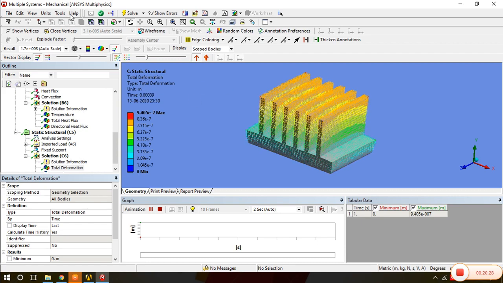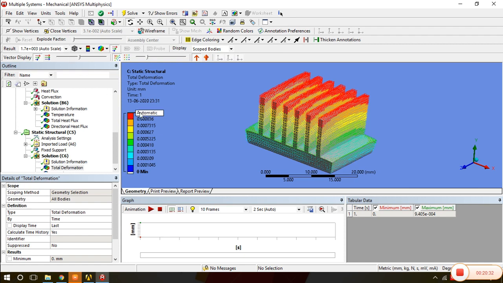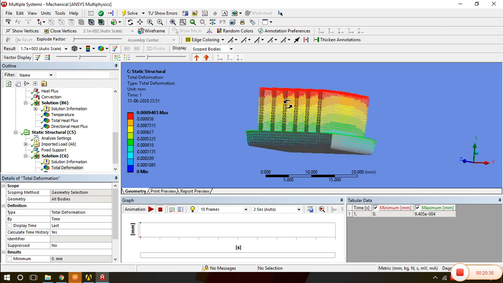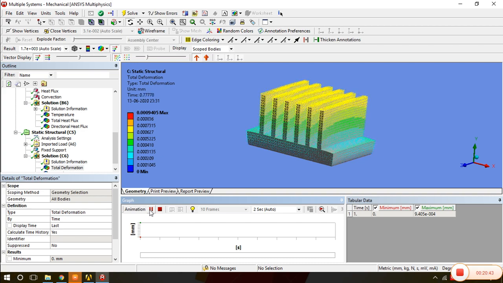The units are here in meters. You will understand better if we convert it into mm. So see, about 0.009 mm of deformation, the maximum deformation we are getting at the top.